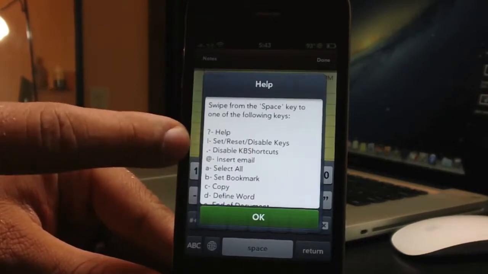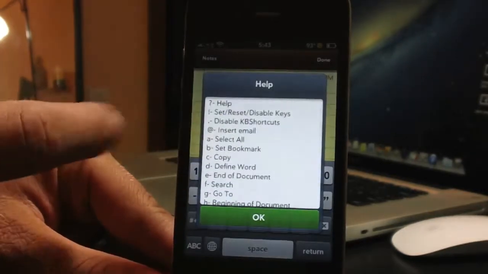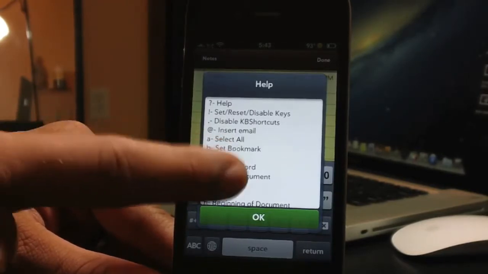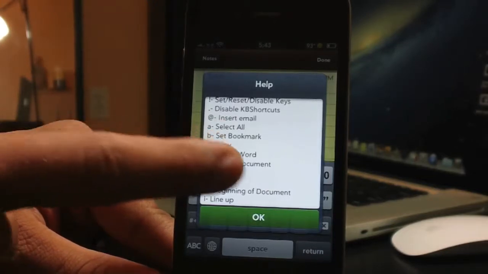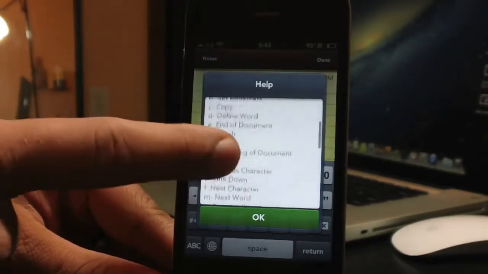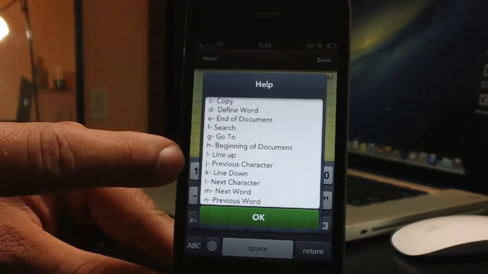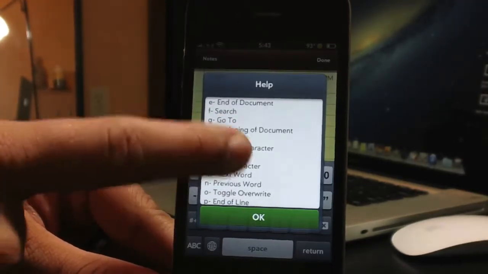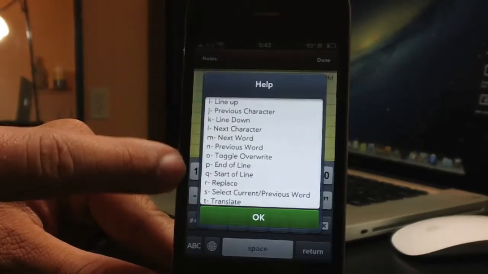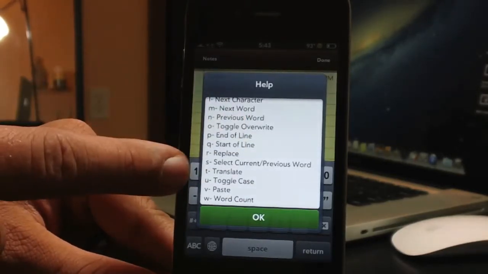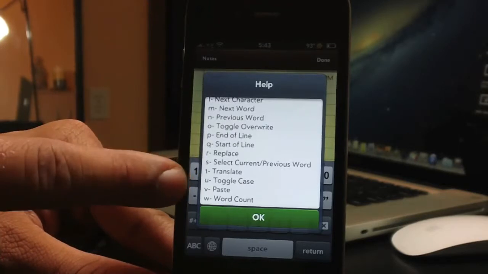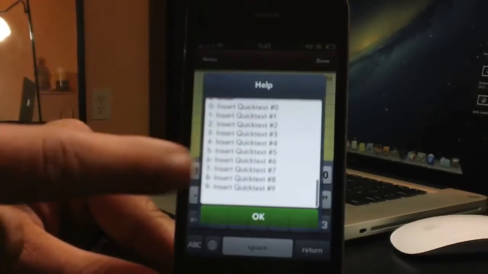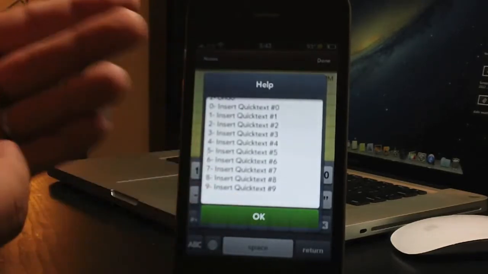So help, set, reset, disable keys, disable KB shortcuts, insert email, which you set up in the settings, select all, set bookmark, copy, define word, end of document, search, go to, beginning of document, line up, previous character, line down, next character, next word, previous word, toggle overwrite, end of line, start of line, replace, select current previous word, translate, toggle case, paste, word count, cut, redo, undo, and then a bunch of quick text which you will set up